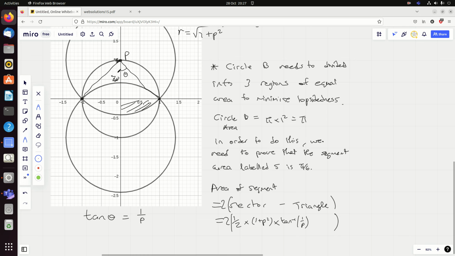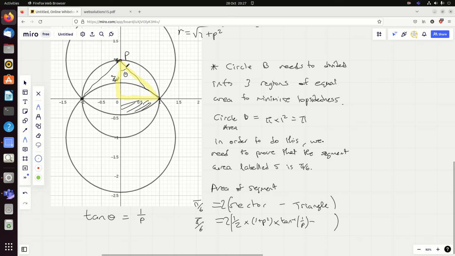Yeah. And then I'm going to take away the area of this triangle here. Let me make it a bit clearer. That triangle. Yeah. And then at the end, because I've worked out that, I'm going to double it, and therefore that should equal pi over 6. And let's actually write that down now. So pi over 6 equals